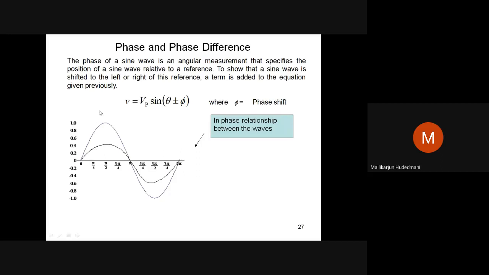So phase of an alternating quantity is the angular shift that the quantity's vector got shifted from the reference. That's how any quantity which is sinusoidal, Vm sine omega t, Vp sine theta, can be redrawn. Suppose that angular progressing velocity of the wave, like Vp sine, instead of this theta, if I speak omega t, or theta is known as angular progressing velocity of the wave